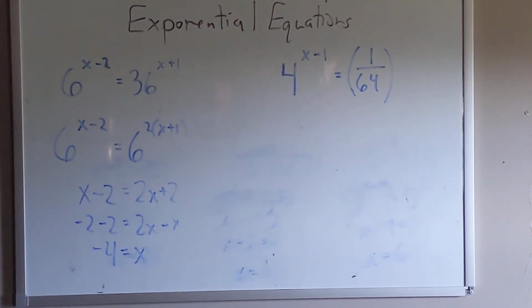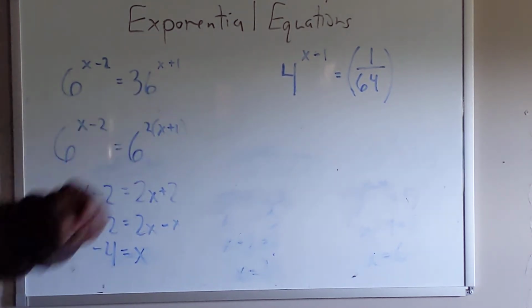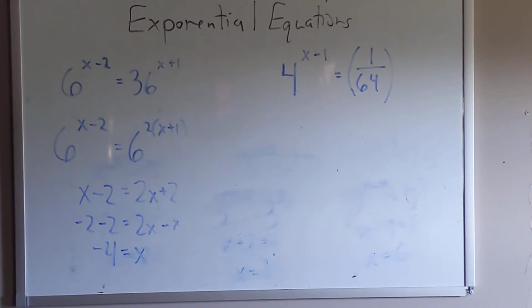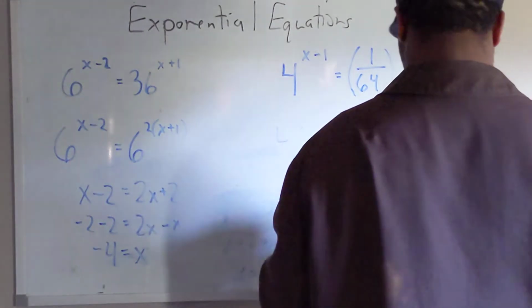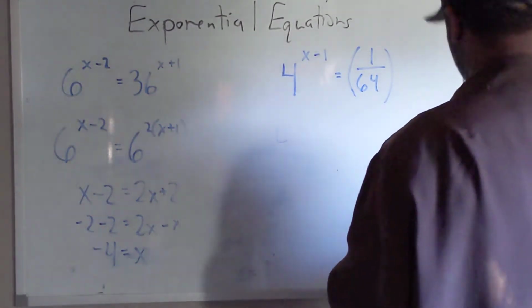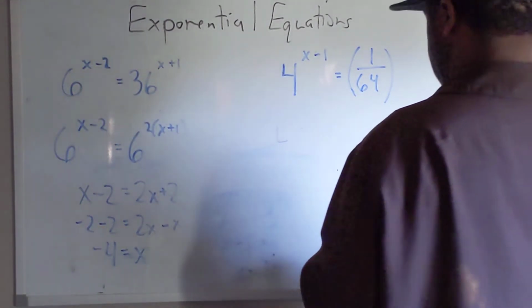Now here, we have something slightly different, but we still want to respect the rules. Here we have 4 to the x minus 1 is equal to 1 over 64. Can you write 1/64 with a base of 4? Yes. Okay, we have,